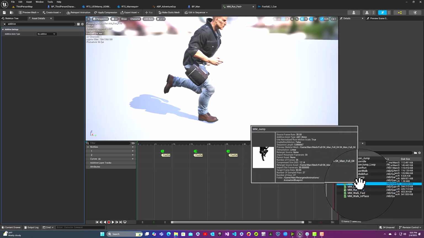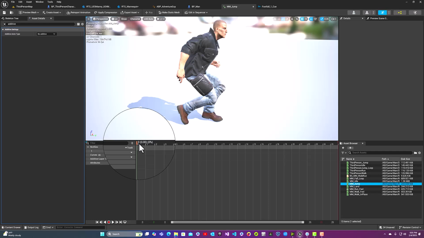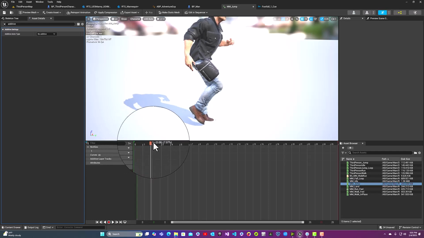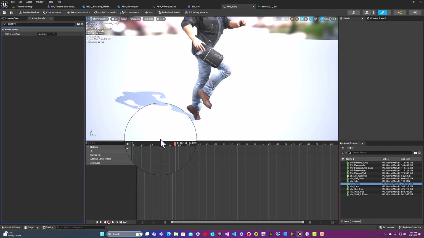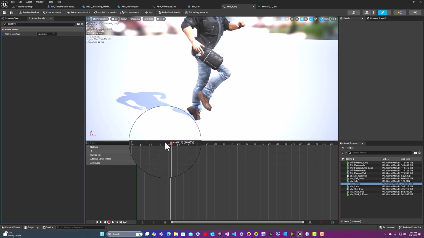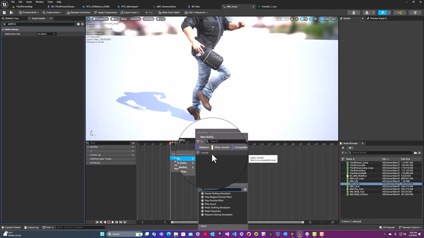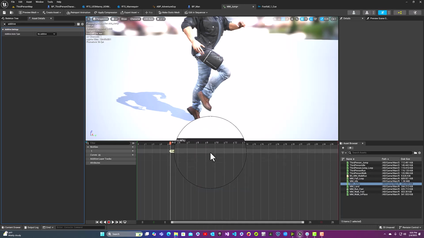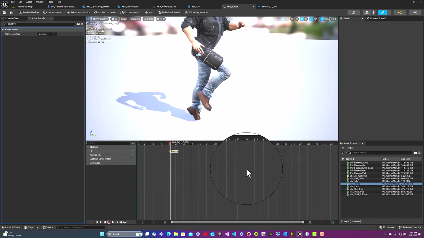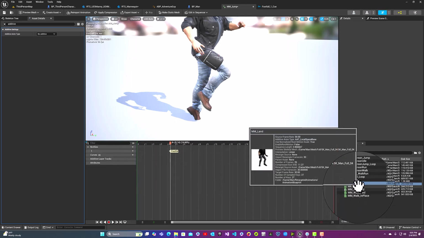So let's go to the jump animation sequence. It's not like I'm using this more or less as a placeholder sound. I'm just going to use a notify right there and play the foot. And we're going to use it to trigger the footfall sound. We'll replace that with something later. And then also for the jump land,